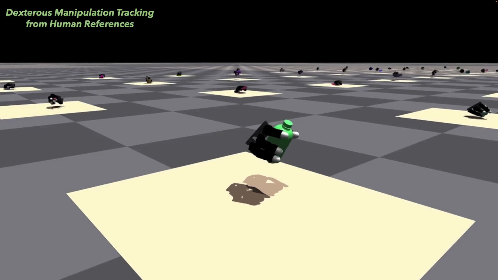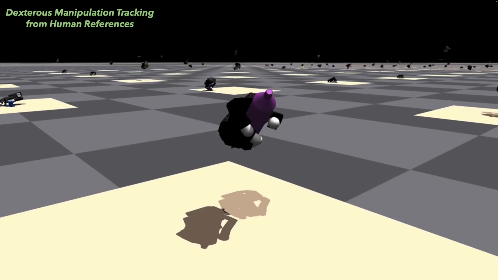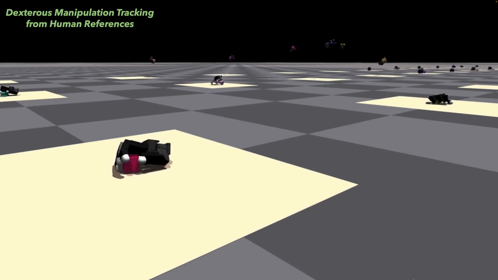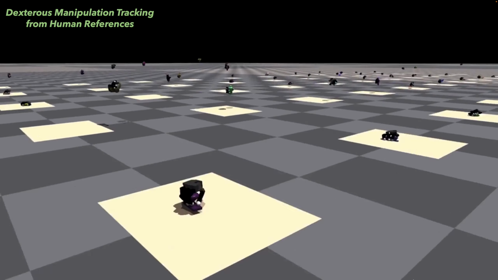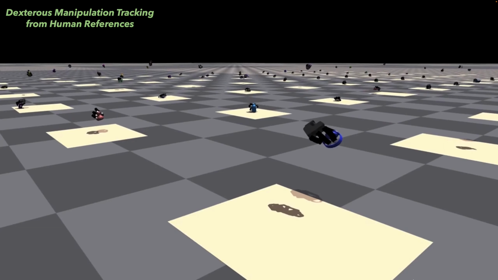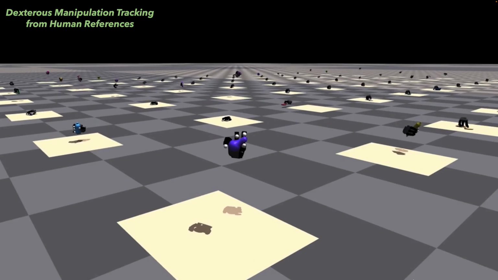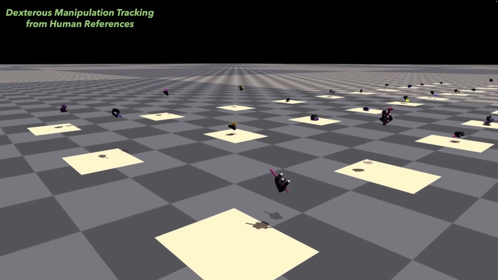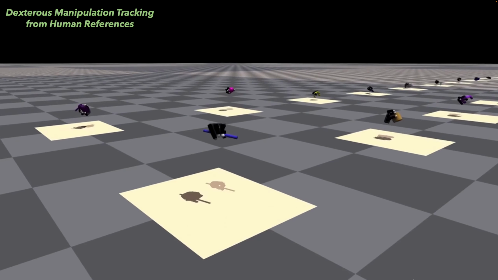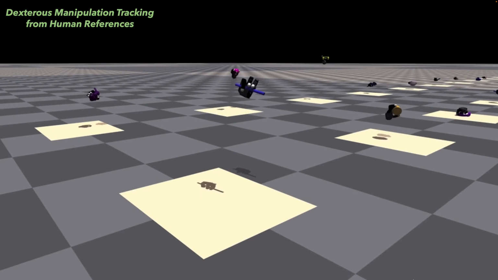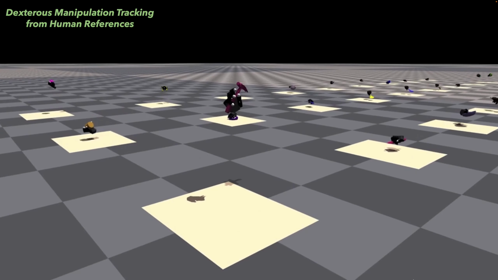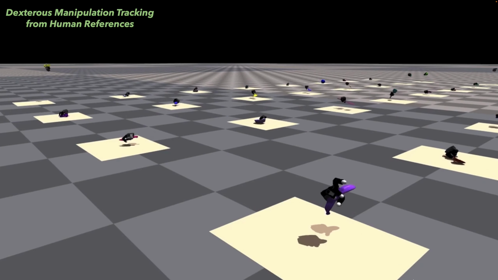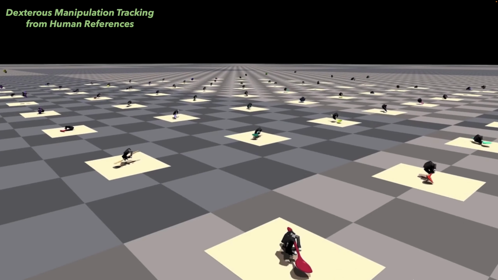We explore the problem of learning a generalizable neural tracking controller for dexterous manipulation from human references. Given a dataset containing kinematic-only human object interaction trajectories, we wish to learn a generalizable neural tracking controller that can drive a dexterous robot hand to mimic diverse manipulation sequences and also generalize well to track novel yet challenging manipulations involving new objects and unseen trajectories with difficult manipulation such as subtle in-hand reorientations.